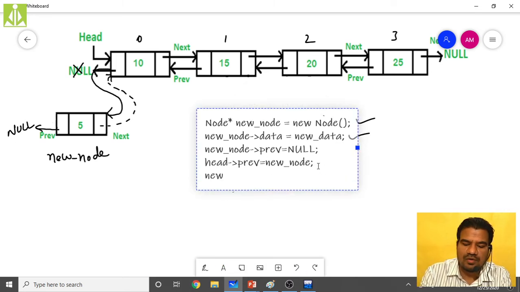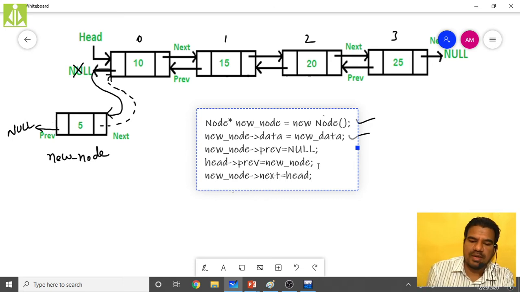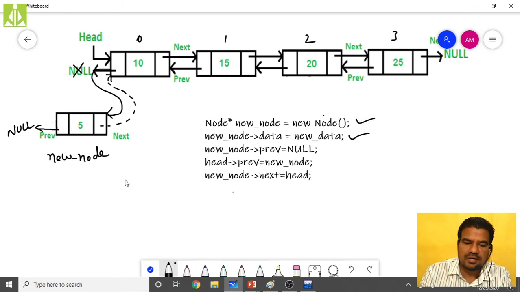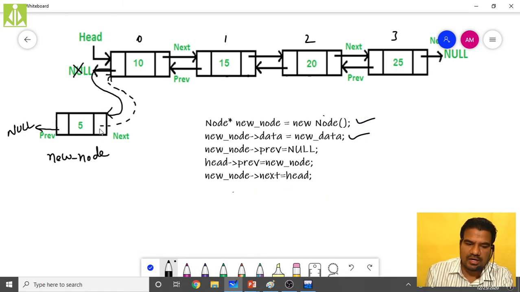New node of next equals to head. So this will make this link. Whatever dotted line I have over here, like this it will go. New node of next equals to head, we said.